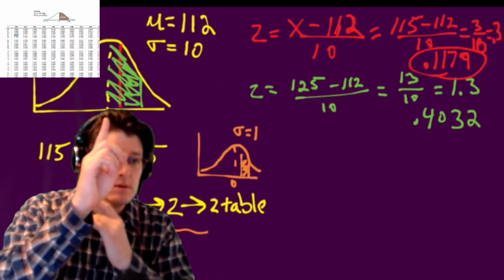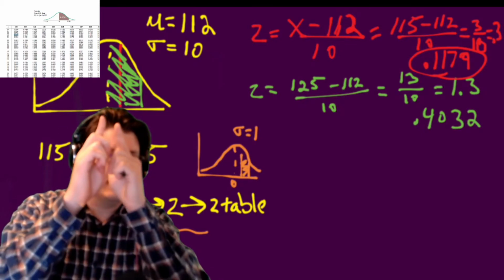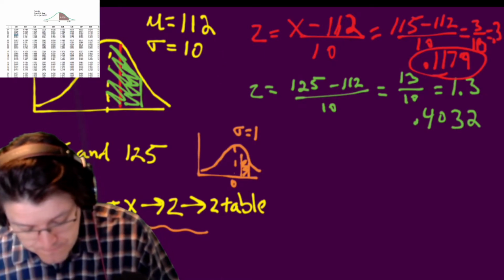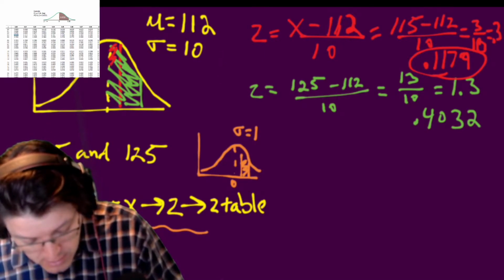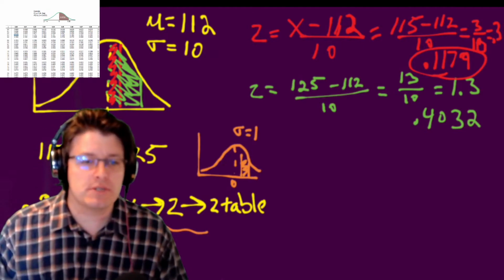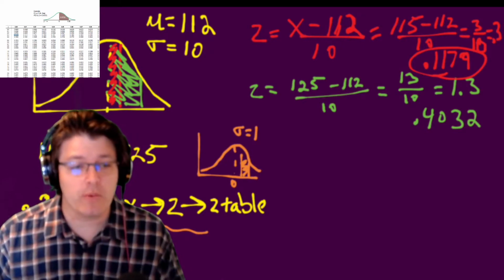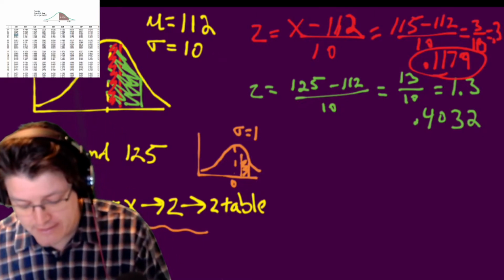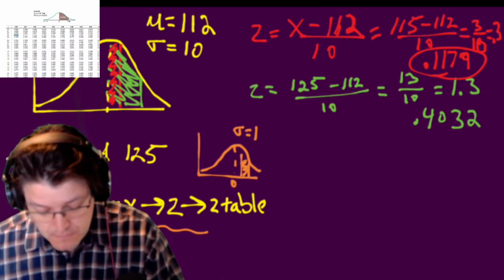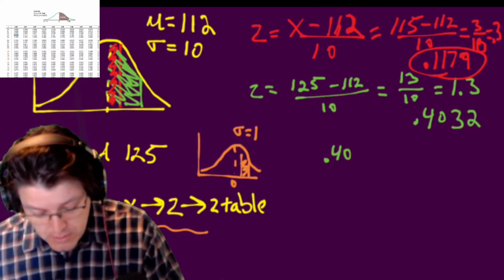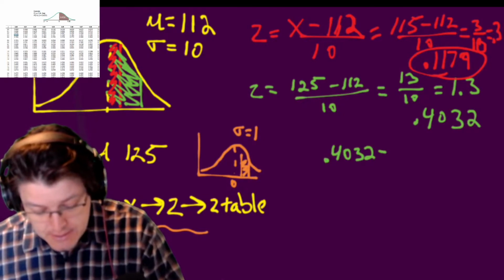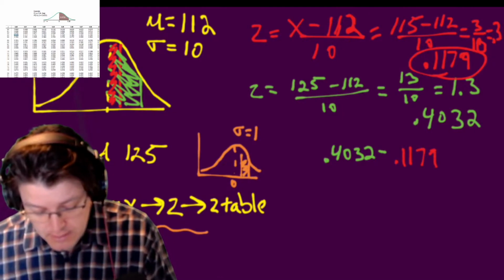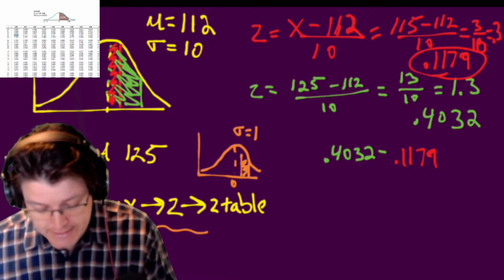Okay, so in this range, we have now found the red shaded. Neither of these are our answer, but we can use both of those. If we subtract one from the other, we can find our actual value that we're interested in. So all that's left to do is to say 0.4032 minus 0.1179, and that's going to be